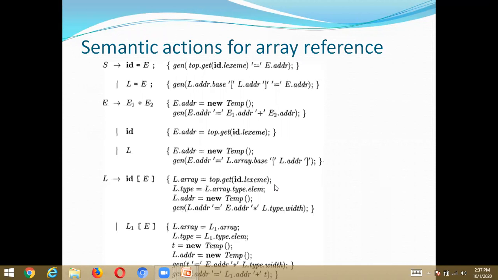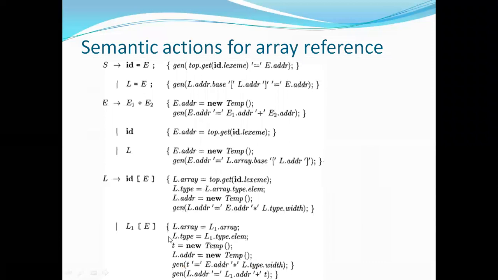And here also I'm having L1 of E. Here also I'm using the 3 attributes from the synthesis. So these are the 3 synthesized attributes: L.array, L.type, and L.address. Finally, what I'm going to generate here, initially I'm generating a T, where I'm performing the